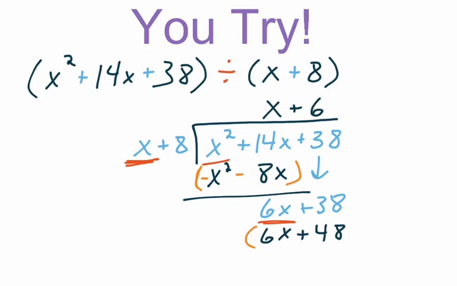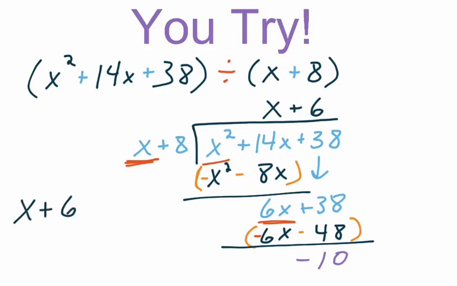Subtraction steps, parentheses go. Subtraction. That's going to turn that into taking away the 6x there, I apologize, and then turning that into subtraction there. We can draw our line out. When we subtract, we get 0. 38 minus 48 is a negative 10, so you should have a negative 10 kind of hanging out as the remainder on this one. So when we write it in, we can write x plus 6